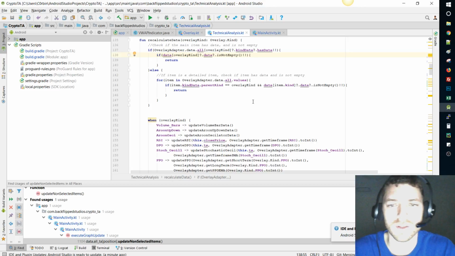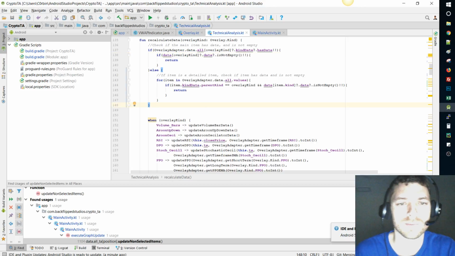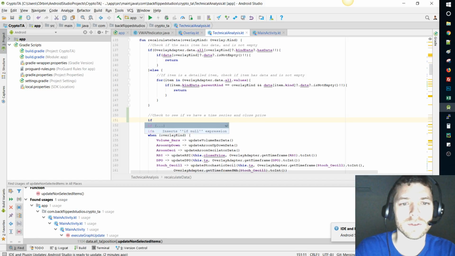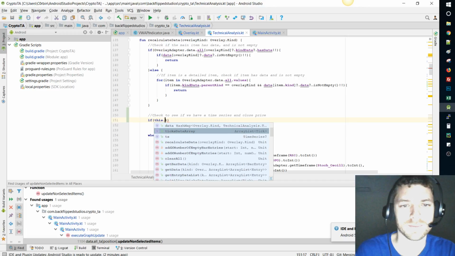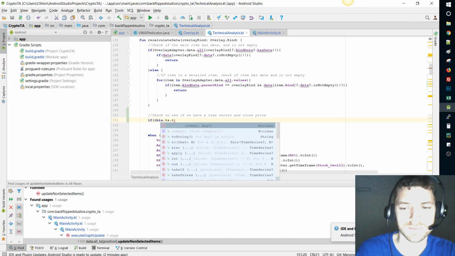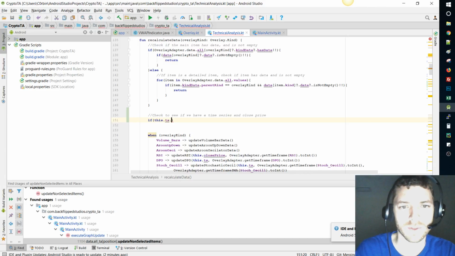It's the check to see if we have a time series and close price. If this dot time series is empty,